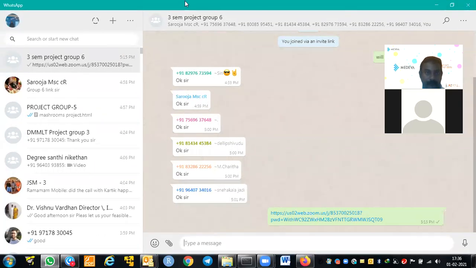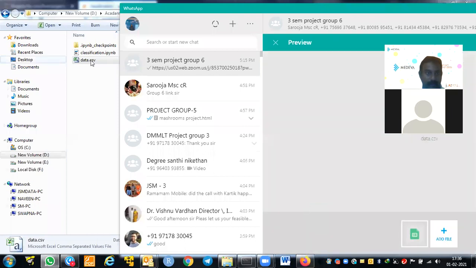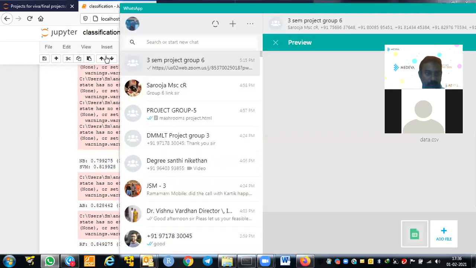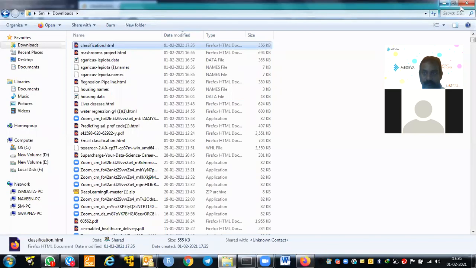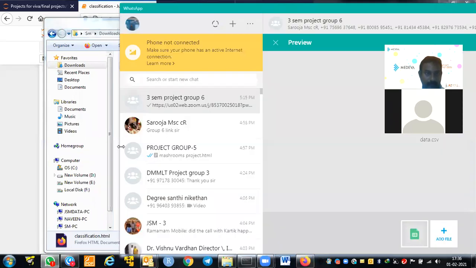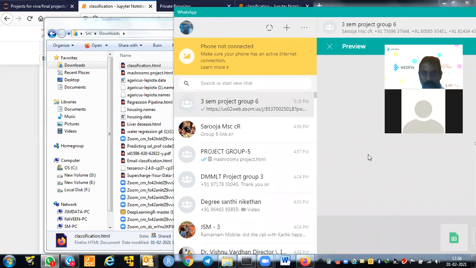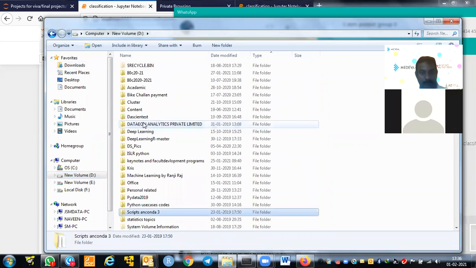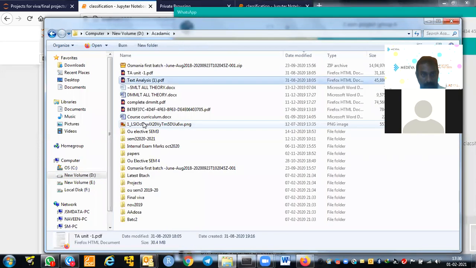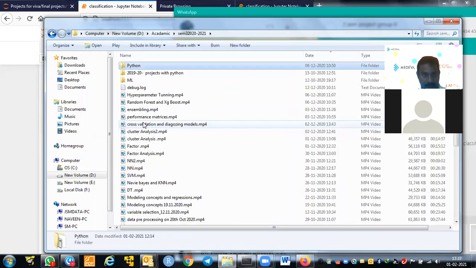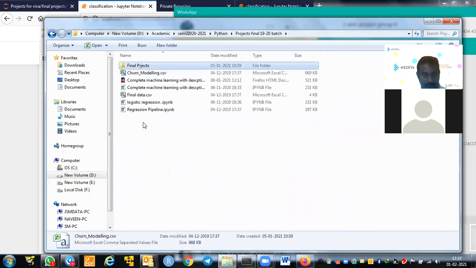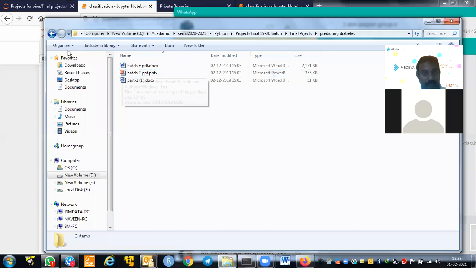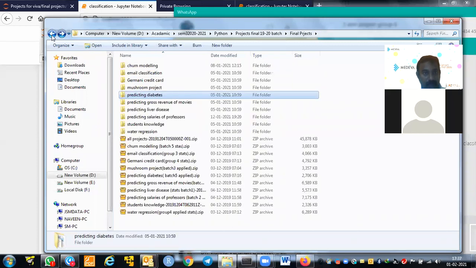Yes, sir. So now I am sending the data, and I will go to downloads. I will say classification. This is the model. Then I will give the old thesis which they have written, and the final project, they have done some diabetes prediction. Instead of diabetes, oh, they haven't given the PDF. Oh my god. Or you can use any of these.